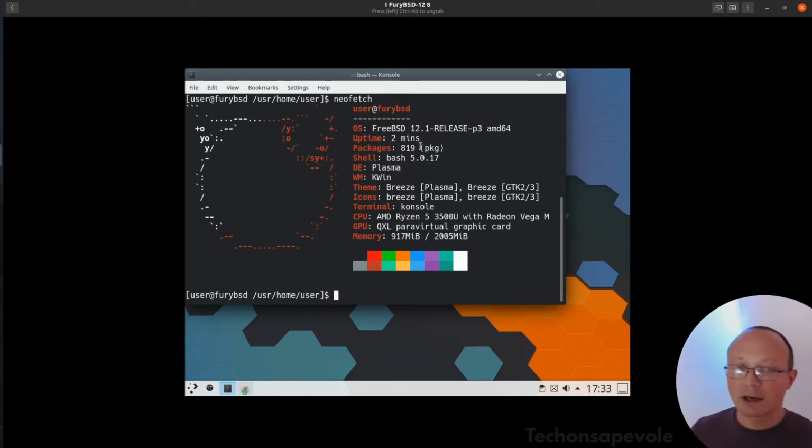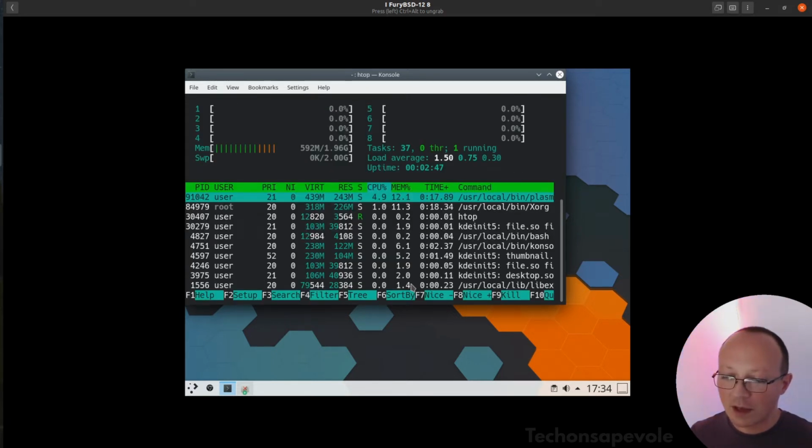In particular, it's FuryBSD, which already has KDE Plasma quite configured. And so Plasma, kwin, and QXL driver, it's okay, and 900 megs, but I prefer to run htop, and htop says